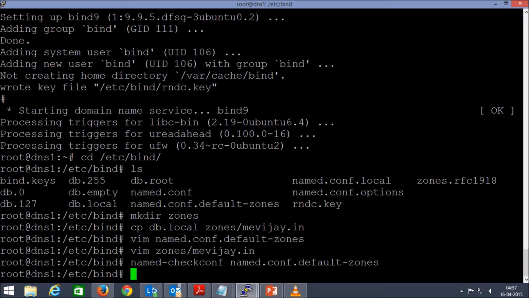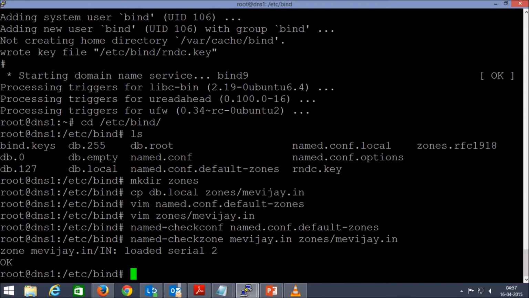Now moving next to checking possible errors in my zone configuration record file, the command is named-checkzone, and the zone is mevj.in, which is my zone, and this zone is held in this file. All right, you can see the OK message, that means everything is perfectly okay.